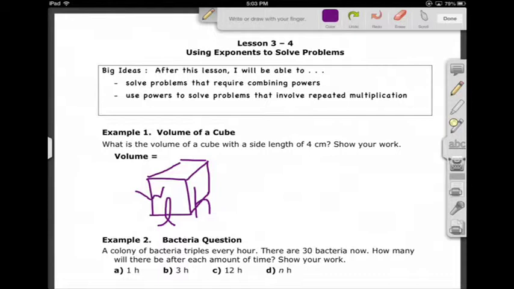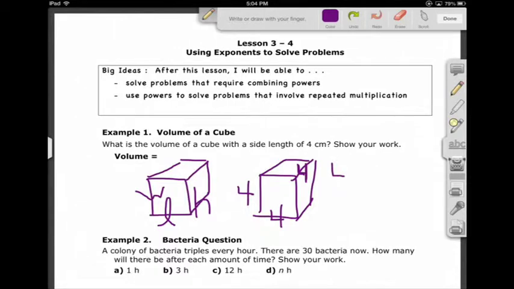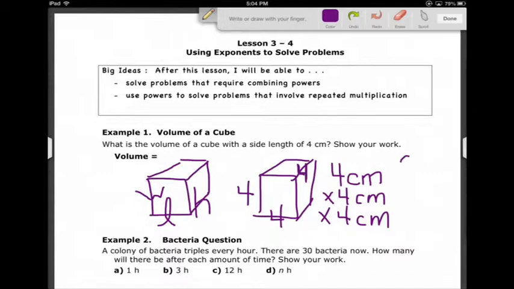So if the sides of a cube are 4 by 4 by 4, and 4 deep, if you want to think of it that way, and let's say these were in centimeters, we would have 4 centimeters times 4 centimeters times 4 centimeters. Another way of writing that is 64